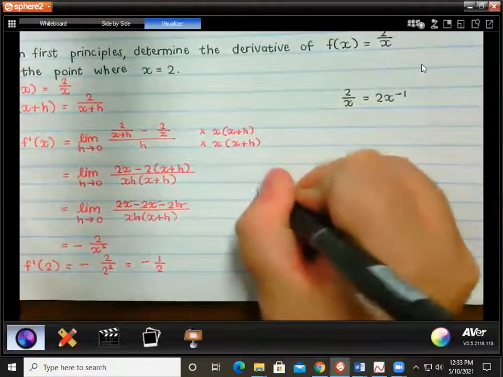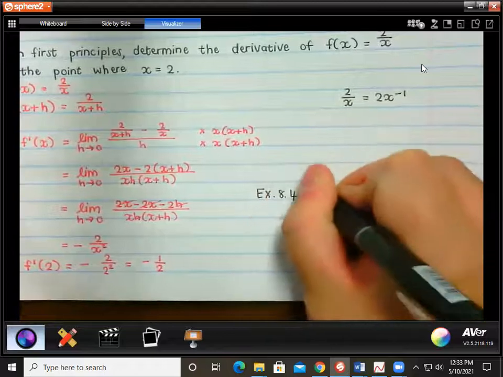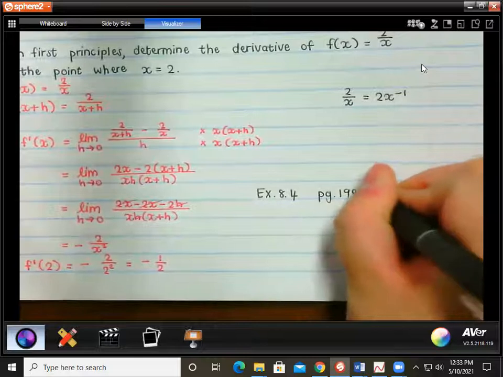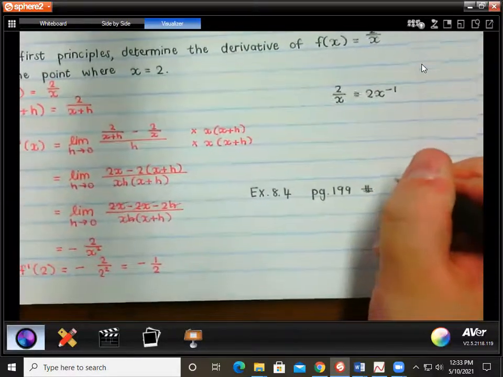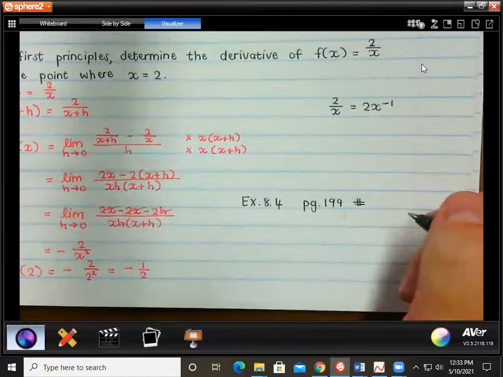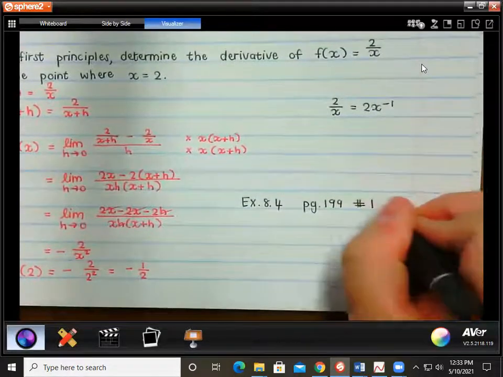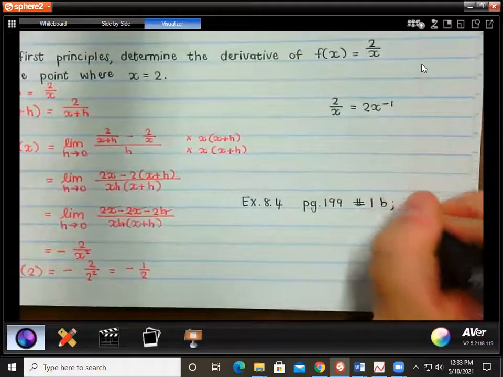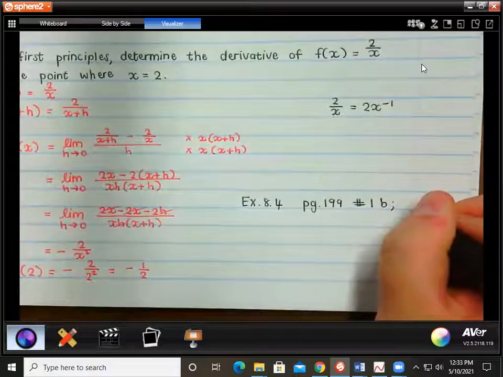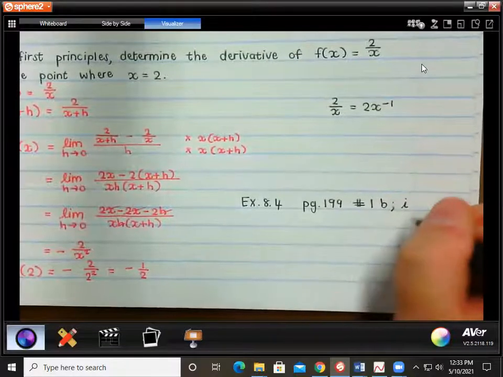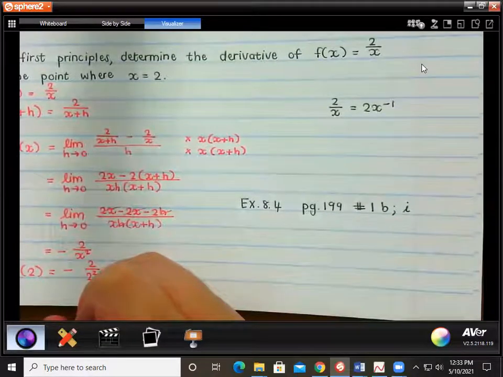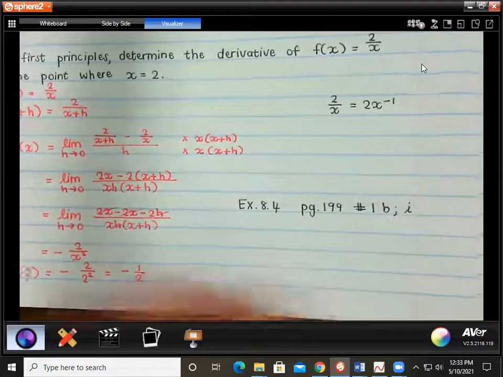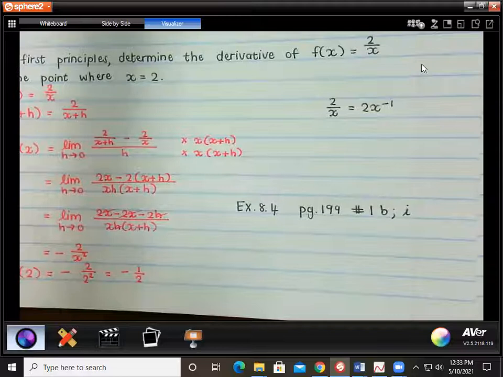This is your homework for Wednesday. Number 1, B and I. Yeah, I'll just give you those two. So these are first principle questions, those two. And then